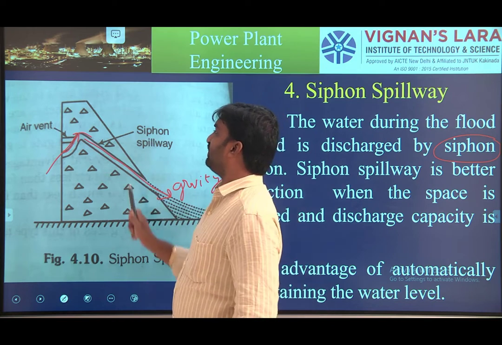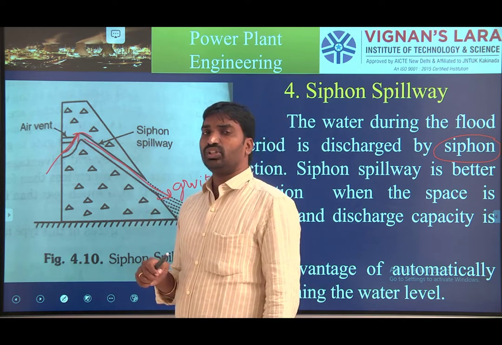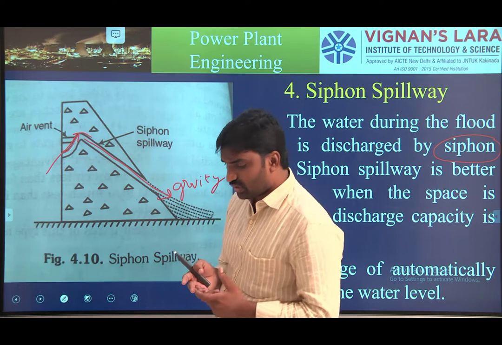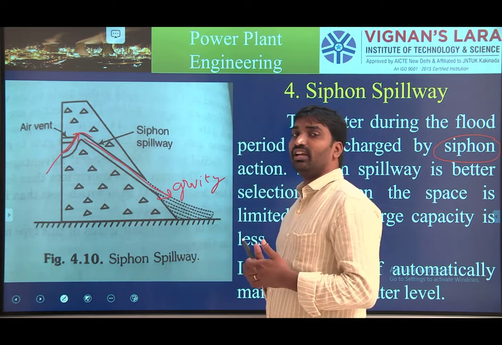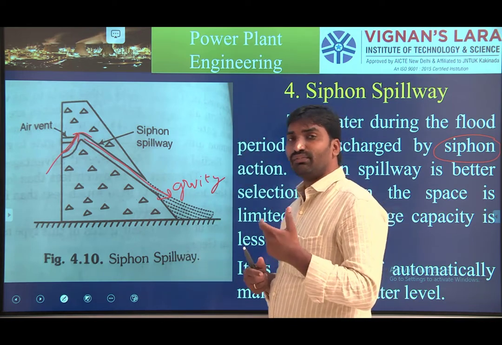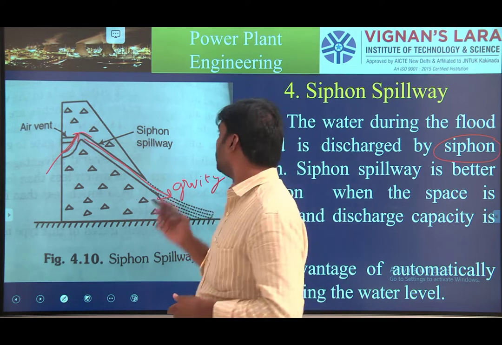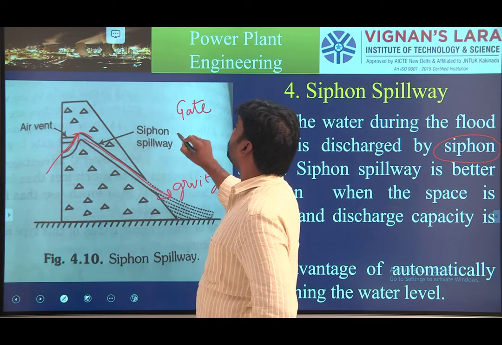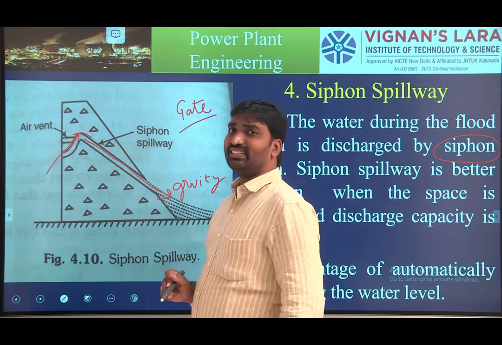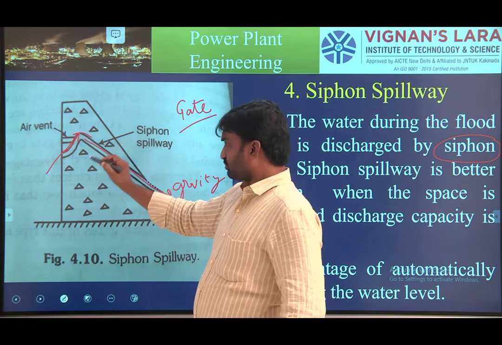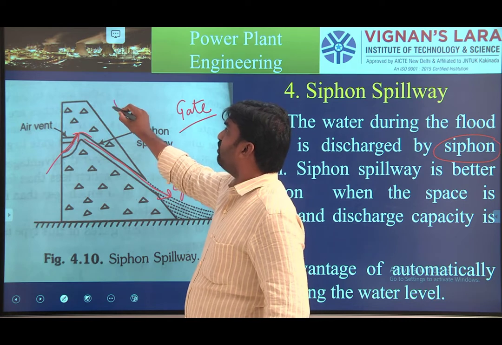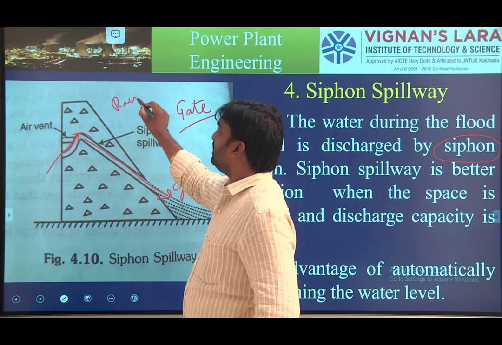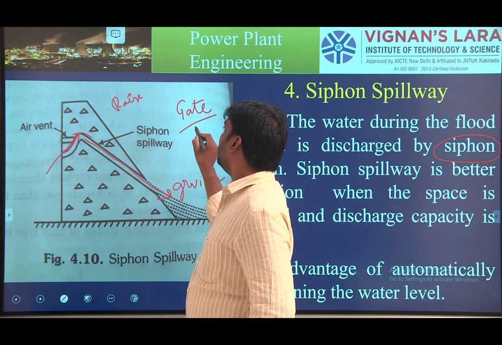So this type of effect is known as the siphon effect. Generally, with the siphon effect, if you want to increase the water level, we use gates. Different types of gates are used to increase the capacity, and they are used to raise the capacity of a water storage. So what are the different types of gates available?